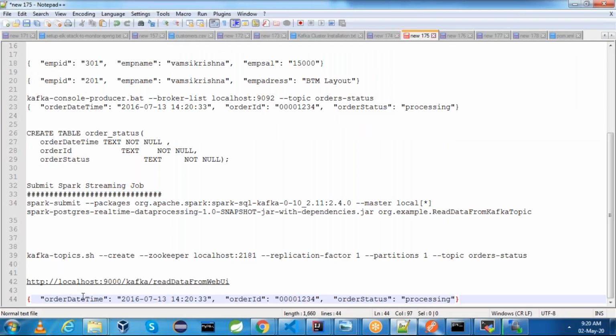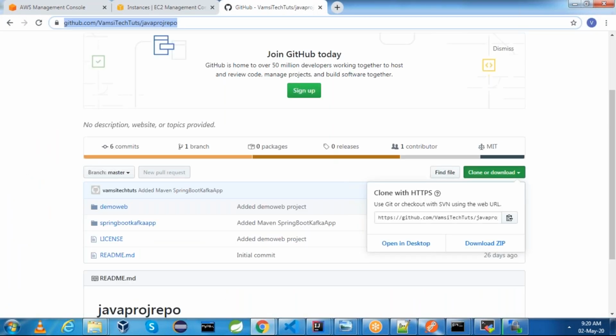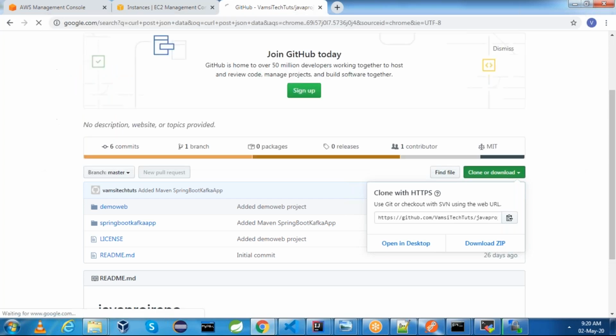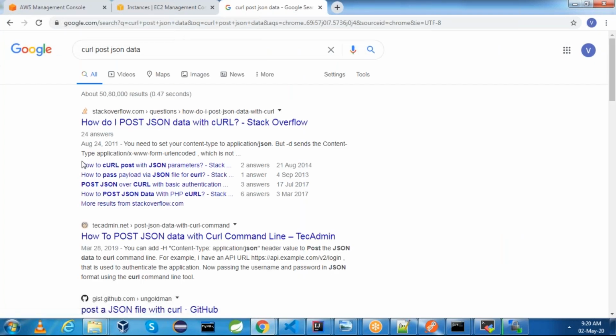If you are not familiar with Postman, you can use the curl command also. I'll show that as well. You can do a curl POST with JSON data.